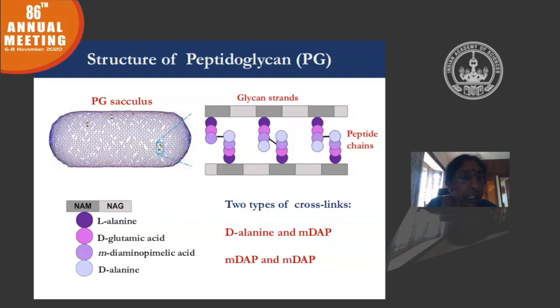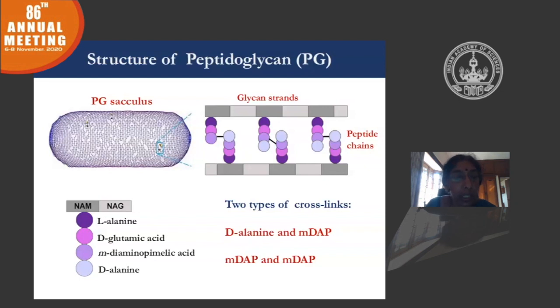You can see that these amino acids are very rare amino acids, that do not exist in nature because they are in the D conformation, and it also has a very rare amino acid called mesodiaminopimelic acid. Just with these glycan strands and these small peptides, it forms a huge net-like structure because of the property of cross-linking, where adjacent peptide chains cross with each other, thus forming a net-like structure surrounding the bacterial cytoplasmic membrane.